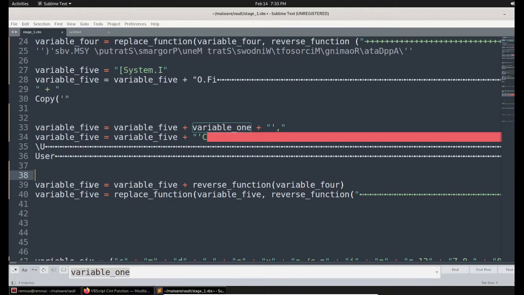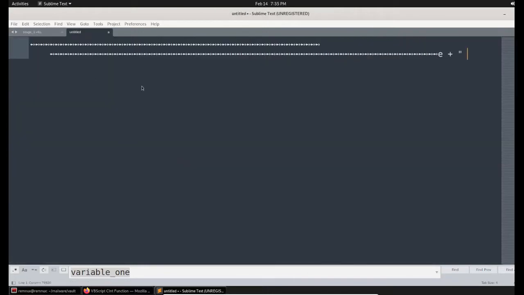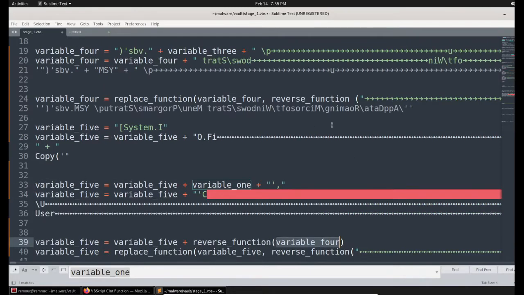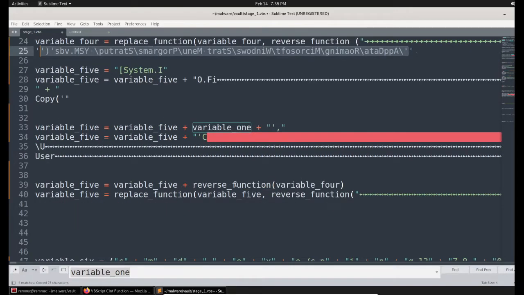It takes the whole value of variable 5 that we stored in this sheet and appends it with the reversed variable 4. What is variable 4? We already stored variable 4 here and commented it out. This is the reversed form of variable 4, and we need to reverse it to get the correct form. And that's what they are doing here.